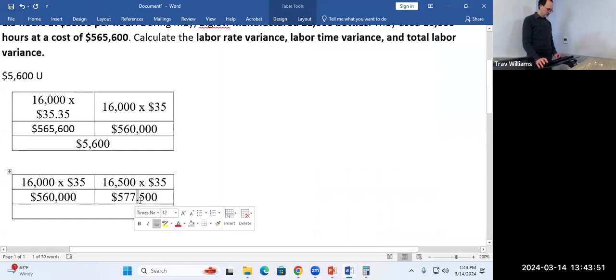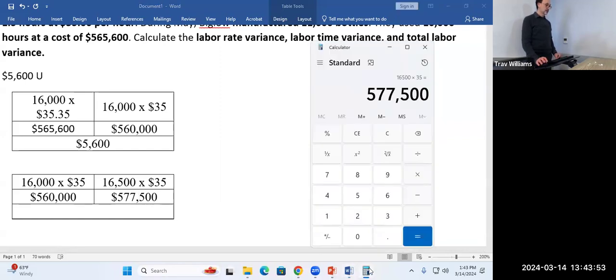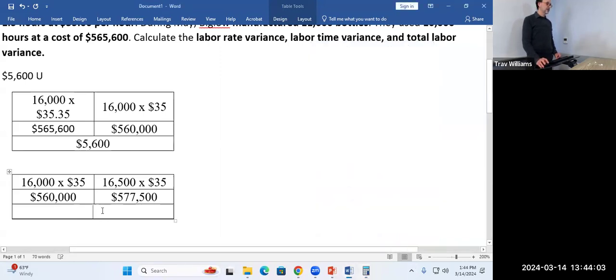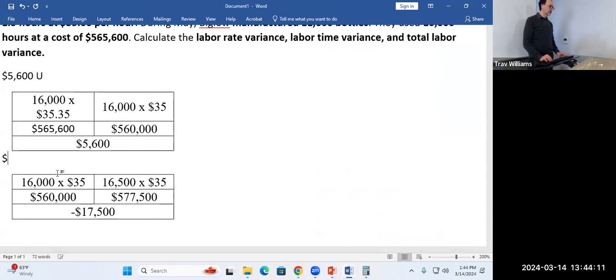Then again, we will subtract. And in this case, we got a negative number, right? Negative 17,500. So our time variance is 17,500 favorable,